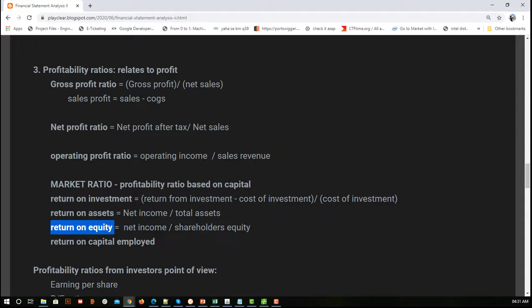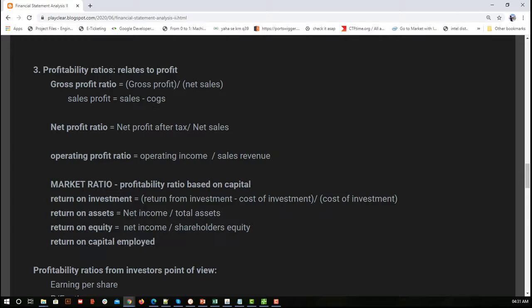It is similar to return on assets. Here we are simply saying how much contribution is made by the shareholders' equity to the net income. In that way I can interpret how much income is generated from the shareholders' equity. So there are two ways of interpretation: how much of net income is contributed by shareholders' equity, or from shareholders' equity. If the ratio is 100 is to 10, it means out of 100% of my net income, 10% of income is generated by my shareholders' equity.